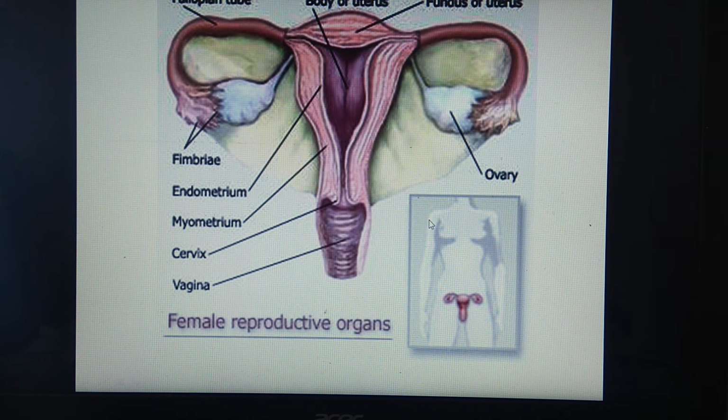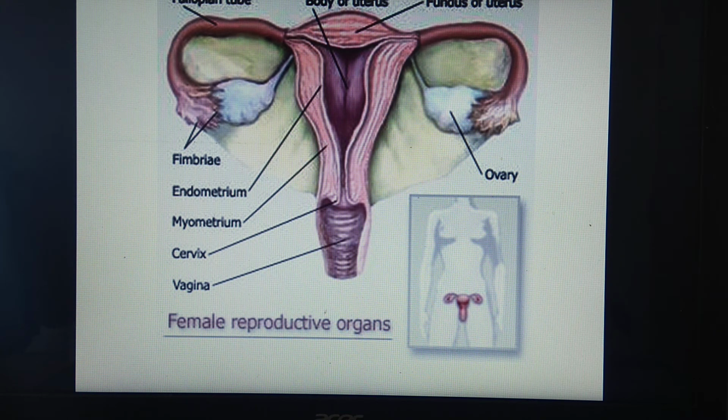Now we have to see about the external genitalia in the diagram. It is not seen. You have to study it theoretically. This external genitalia, also called vulva, also called pudendum, has parts like vestibule, labia minora, clitoris, labia majora, and mons pubis. What is vestibule? As I said before, vestibule is the opening. It is the median vertical depression of the vulva enclosing the urethral and vaginal openings, meaning this region here becomes the vestibule.